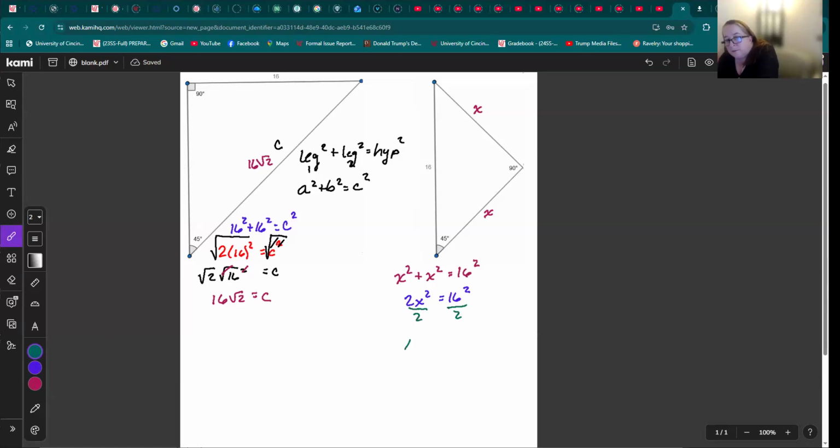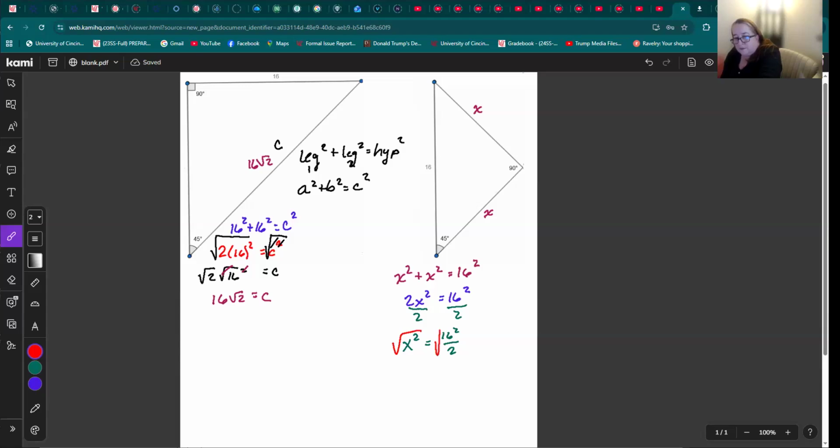Now, I do have to remember my order of operations and what I am allowed to do. I am not allowed to divide this 2 into this 16, even though they are both even, because the 16 has a squared on it. So I'm going to leave it as 16 squared divided by 2. My goal is still to get the x by itself, so I'm going to square root both sides